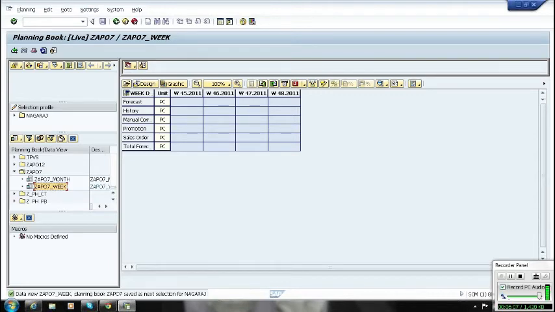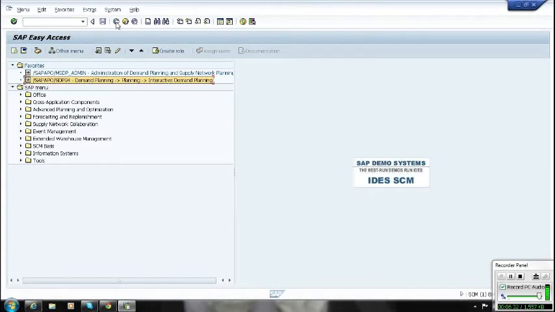Normally, if you take any project, the total planning books will be around 10, and each planning book has 2 or 3 data views. And you said that they might create different data views just for running the background job also, right? Yes, we will create planning books and data views for different background jobs also.